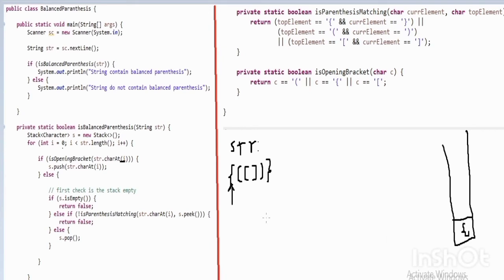The i value is incremented by 1. Now i becomes 1. So check at position 1, an opening bracket is present. Now check, is this an opening bracket? Yes, it is also an opening bracket, so it returns true. The condition becomes true. Push it into the stack. Again i is incremented by 1, so i becomes 2.